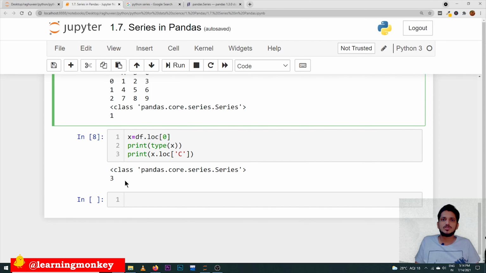Okay, this is all about series. This is enough for now, and you have to take a look at the concepts of the attributes and methods that are available in the series object. But during practice, whenever we are doing real-time applications, you can come back and check the documentation whenever required. That way we will develop our understanding of the different methods and attributes available in the series class and series objects. Hope you understand the concept.